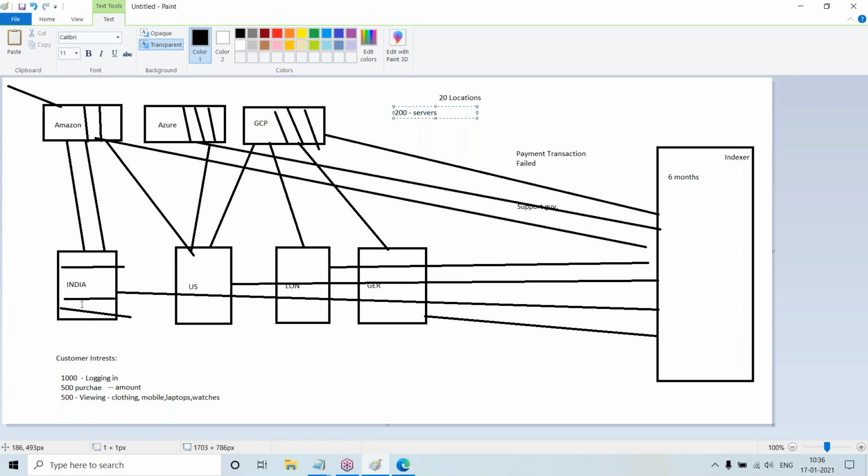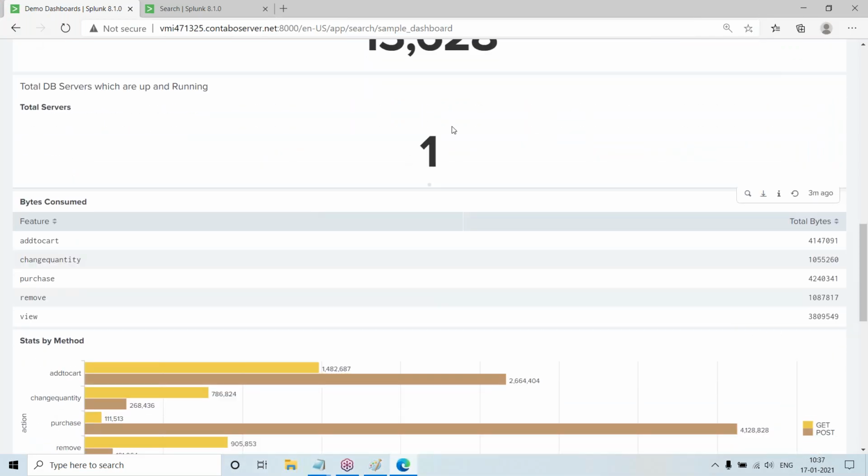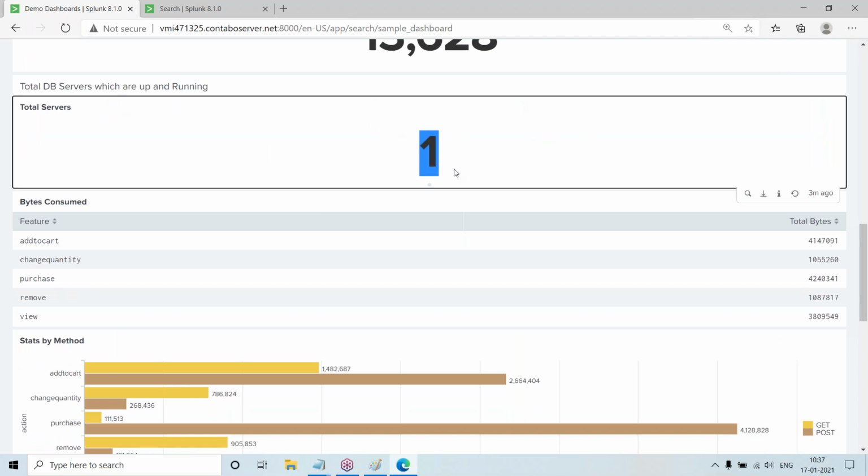Let us assume two of the servers went down. It is hard to find which servers went down or what the total number is in this setup. It is hard to know whether all the servers are up and running. If you have some base, something like there should be 200 servers, then if there is something lesser, you will take immediate corrective action.